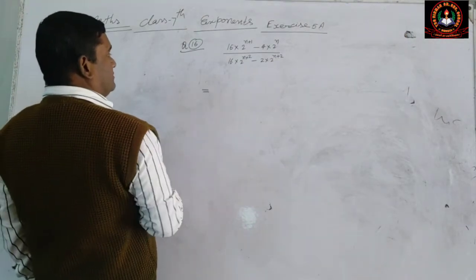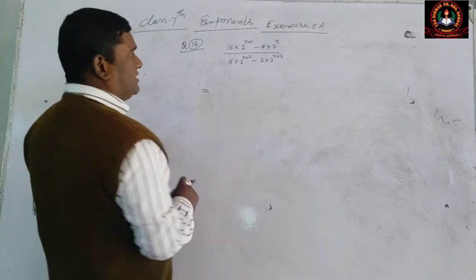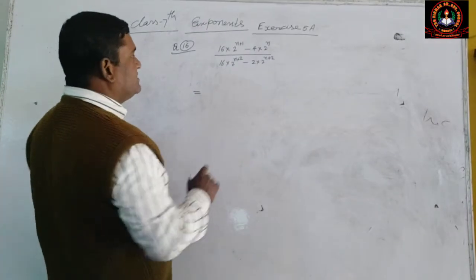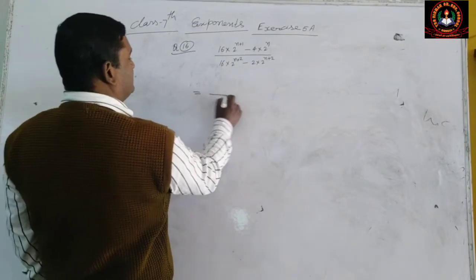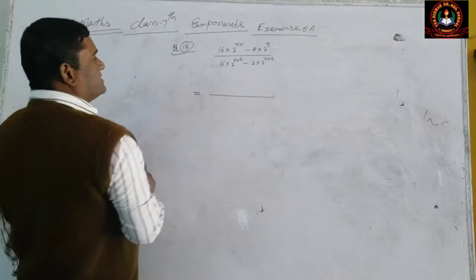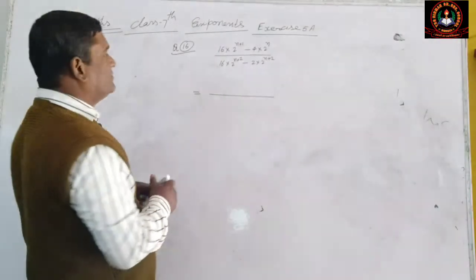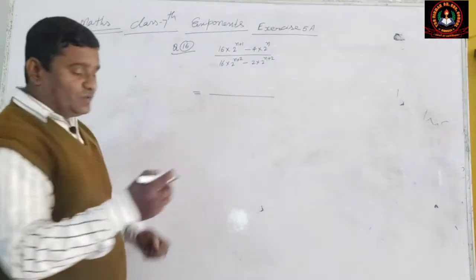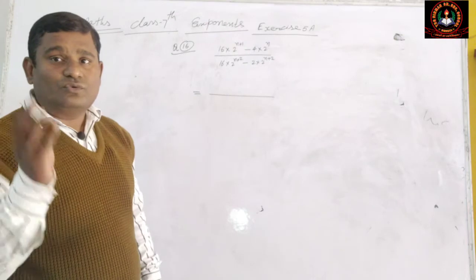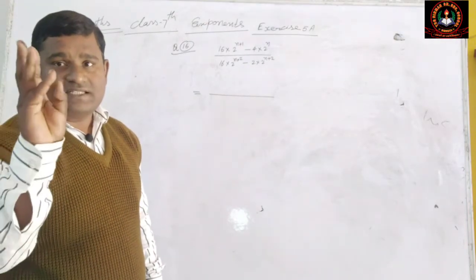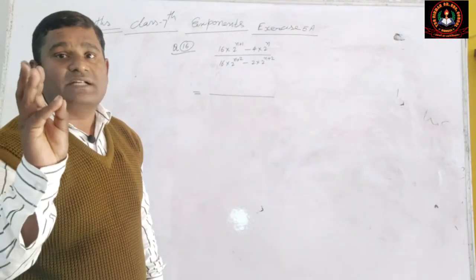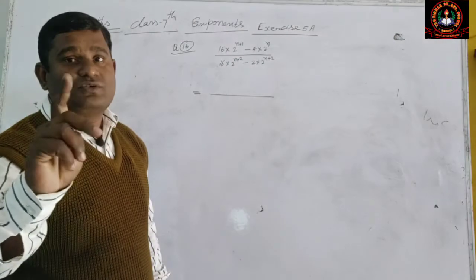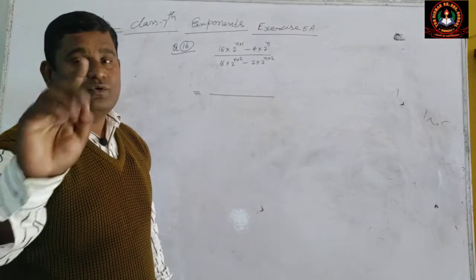In an easy method I will tell you how to simplify this. Factorize 16: the prime factor of 16 in terms of 2. 16 is 2 to the 4, 4 to the 8, 8 to the 16, which means 2 comes 4 times, that is 2 into 2 into 2 into 2, so 2 to the power 4.